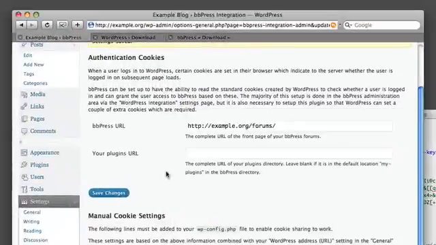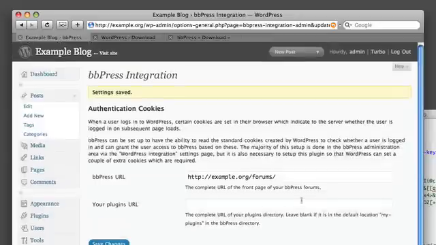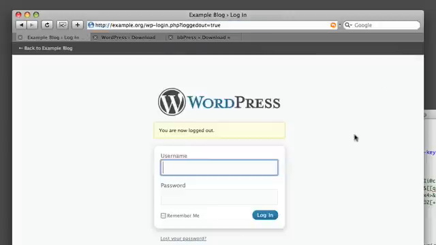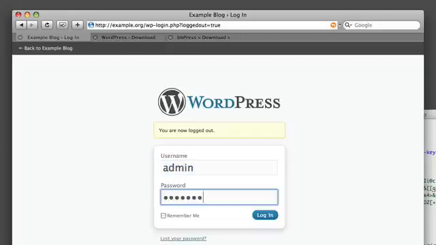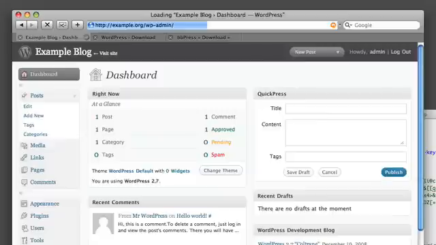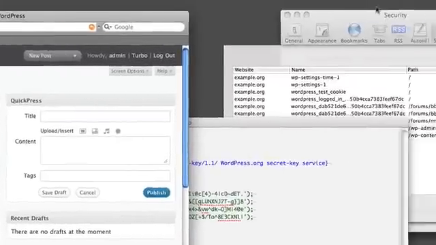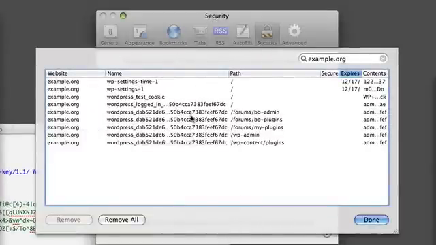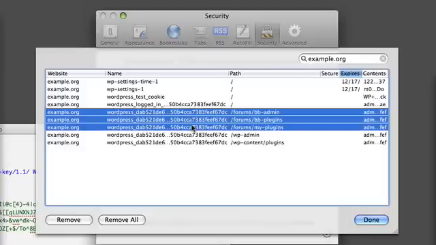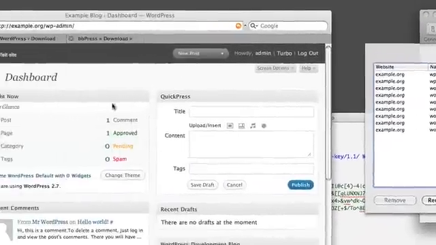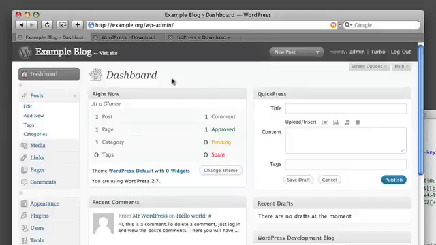Alright, now we should have integration complete. I'm going to log out. And what we're going to do is make sure that all of the cookies turn up, just like in bbpress. Admin, password. Okay, so login's still working, that's a good first sign. Hop across here and you'll see those 3 cookies, which I pointed out before, are now being added to the cookie bundle. So now, when I go straight to the forum,